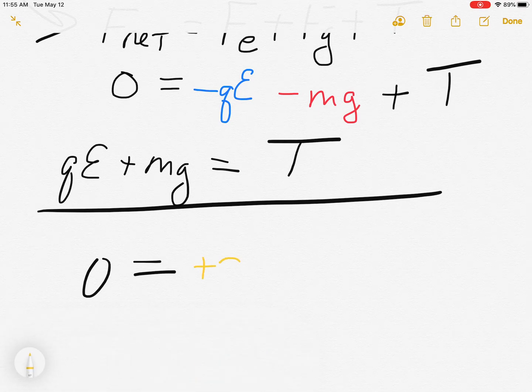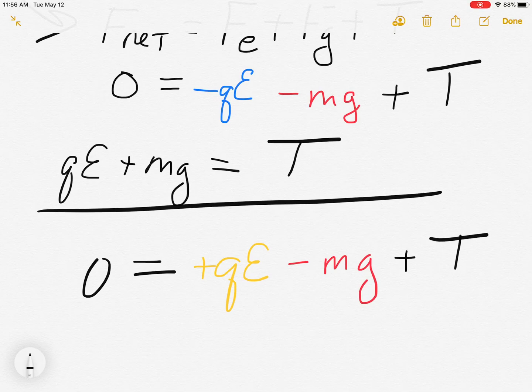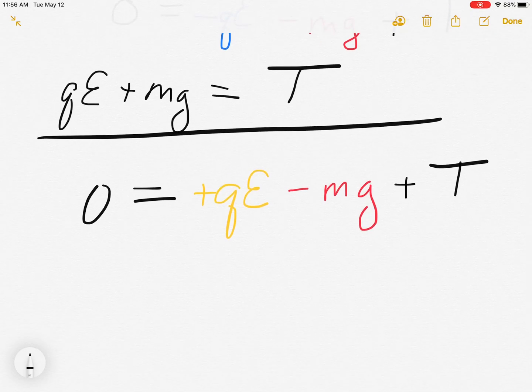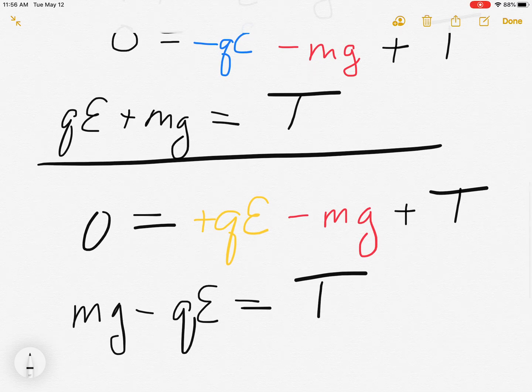Now, in the other case, the only difference is you have 0 equals. And because we're now talking about the minus 8, we have the yellow electric force, which is up. And so all we do is change this to a positive QE for an upward force. We still have a downward gravity, and we still want to know what the upward tension would be. And in this case, you'll see what happens is you get mg minus QE is the tension. Because